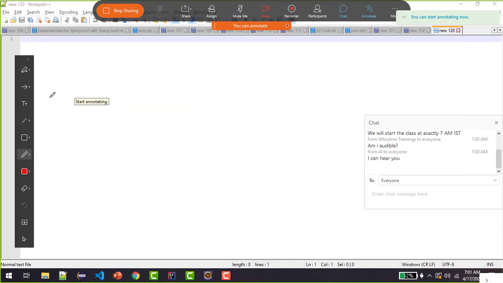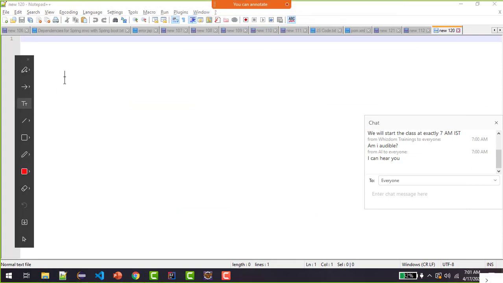So first we'll start with what this language is all about, what core Java is. Core Java is, of course, a programming language which was first developed in the year 1995 by a company called Sun Microsystems. But later on it was taken over by Oracle Corporation in the year 2011.